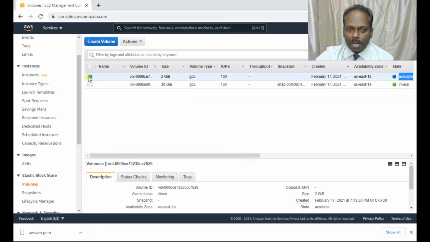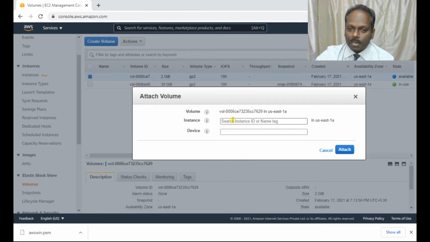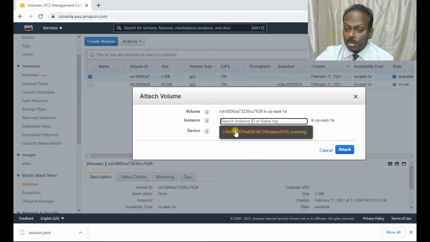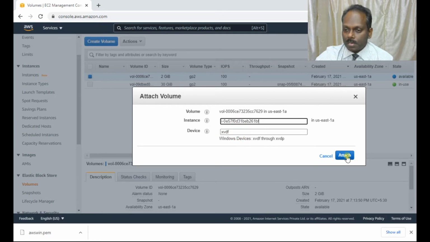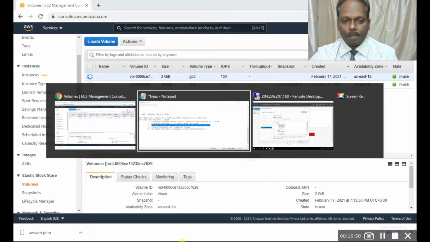So select this volume. I already selected. Now you attach this volume which you have created to this particular instance. Since you have only one instance and you have given the name Windows 2016, it has displayed. Otherwise, you will be given multiple options where you need to select. So this attach. Once this is attached, the circling will happen, and then you can see that the volume of 2 GB will be attached to this Windows 2016 server. You can verify that. Meanwhile, let me see whether the installation is through.